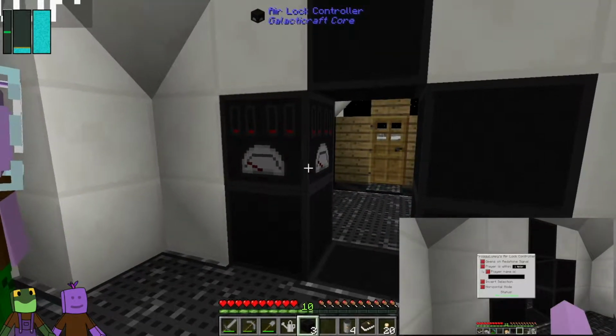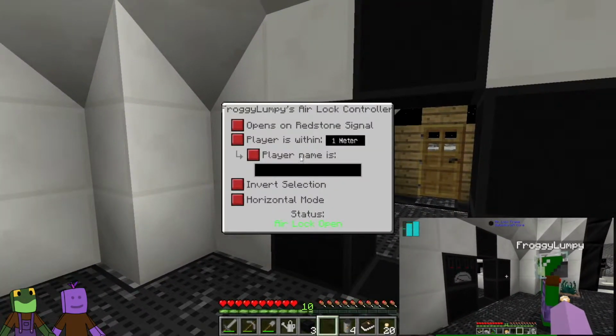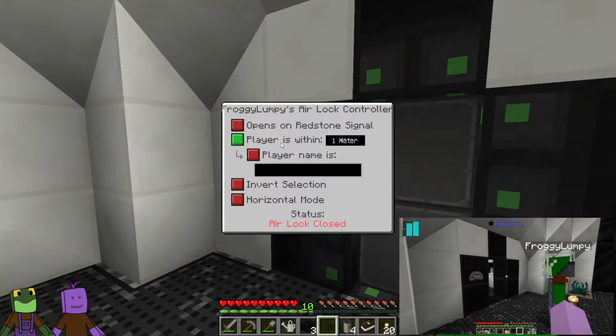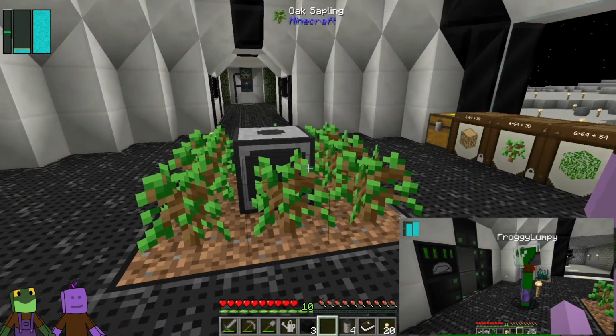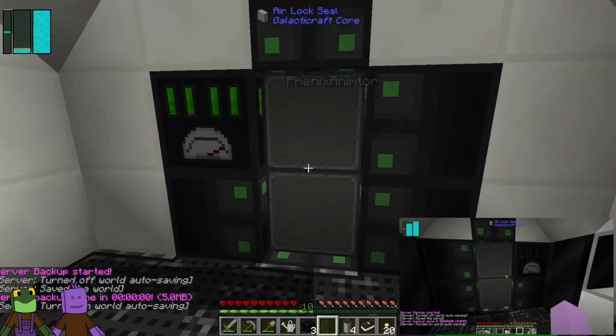So in here, you want to make sure you click players within 1 meter. Player is within 1 meter. There you go. Now it's green. Okay. So there we go. That part's done. So let's see if the other part...